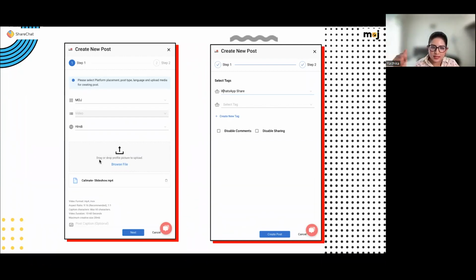That's the idea behind selecting languages, and then of course uploading the file. As we scroll down, under the module itself, we have the option of adding captions, hashtags, etc. as well. So this is mostly the structure of the post itself.